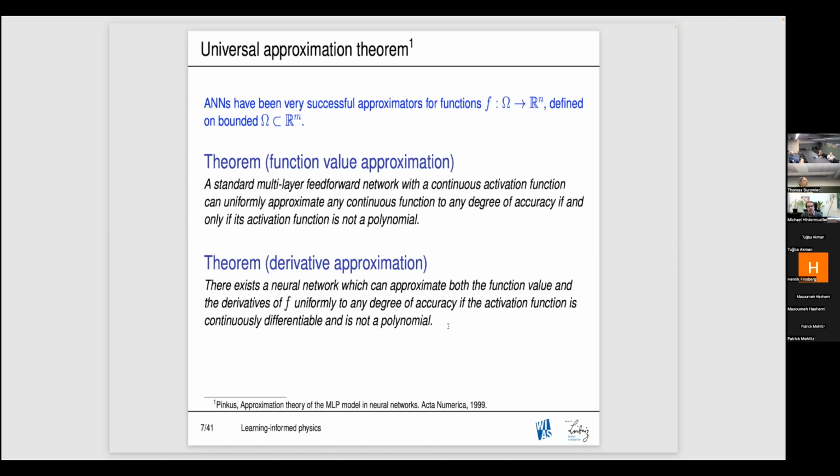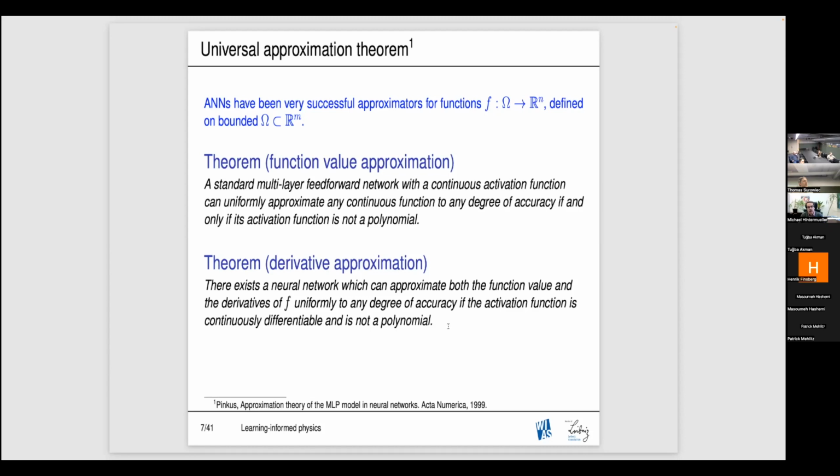Now, what do we know in terms of approximations? I don't cite exhaustively, of course, but just some basic aspects like universal approximation. We are considering a mapping F on a bounded domain Omega in finite dimensions, in R^m, say, with output space R^n, and then the fundamental approximation theorem by Cybenko, which is nicely summarized in this Acta Numerica article by Pinkus down there, says the following. If you look at the network as we have just done a minute ago, which would be a multi-layer feed-forward network with a continuous activation function, so assuming that sigma is a continuous function, then